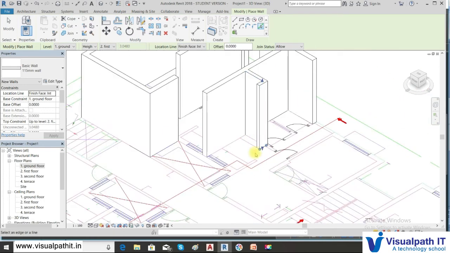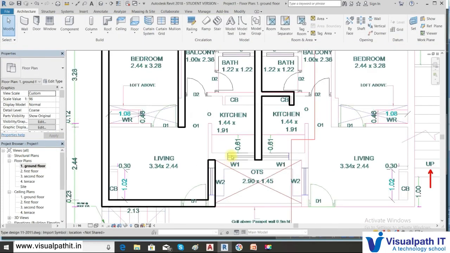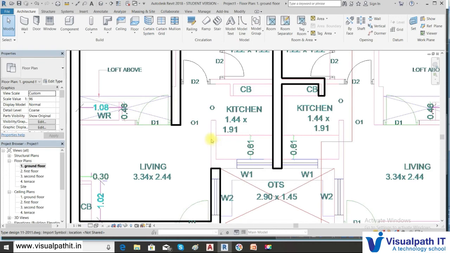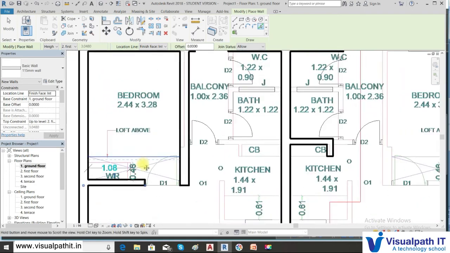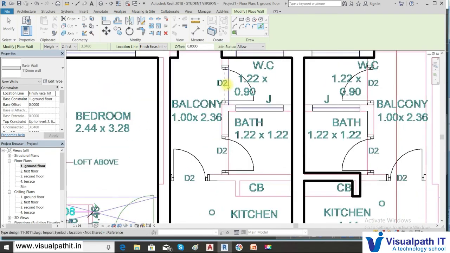Once you do that, then you can go again to the ground floor view and continue drawing your 115 wall. Now let's pick this option. You can see that 115 is perfectly fitting on it.